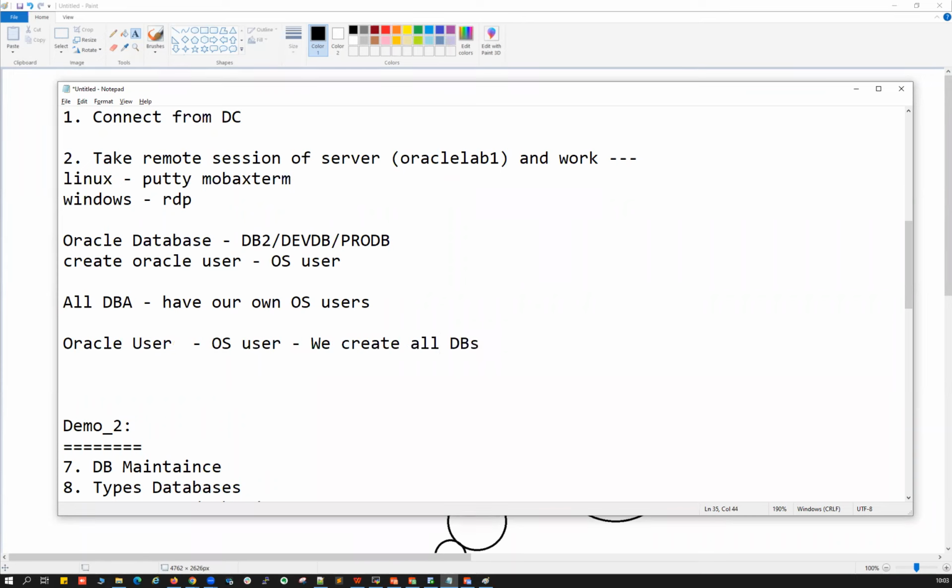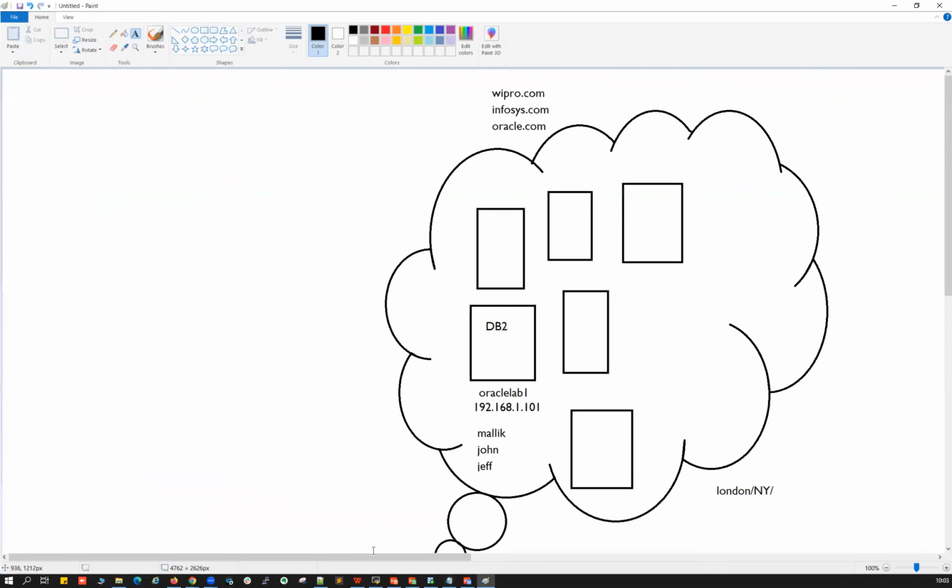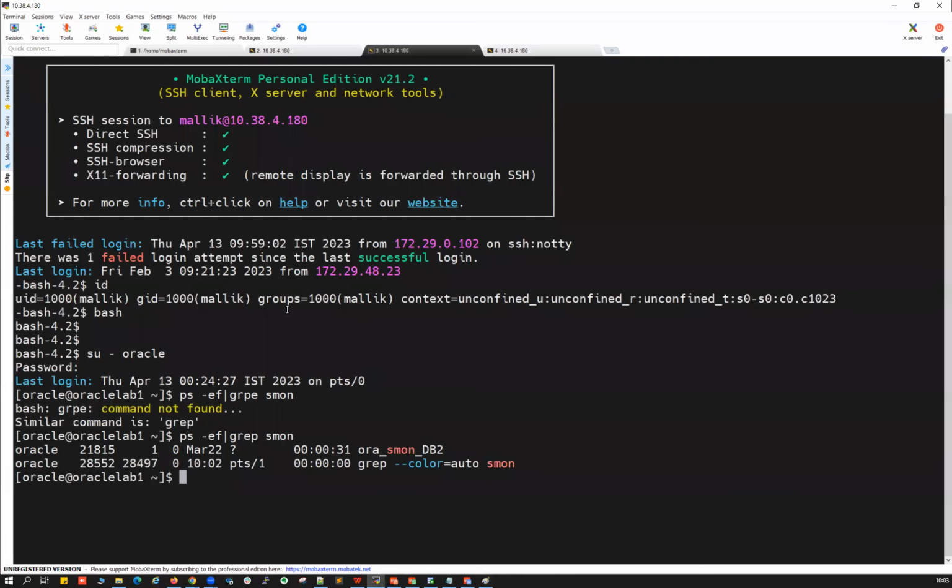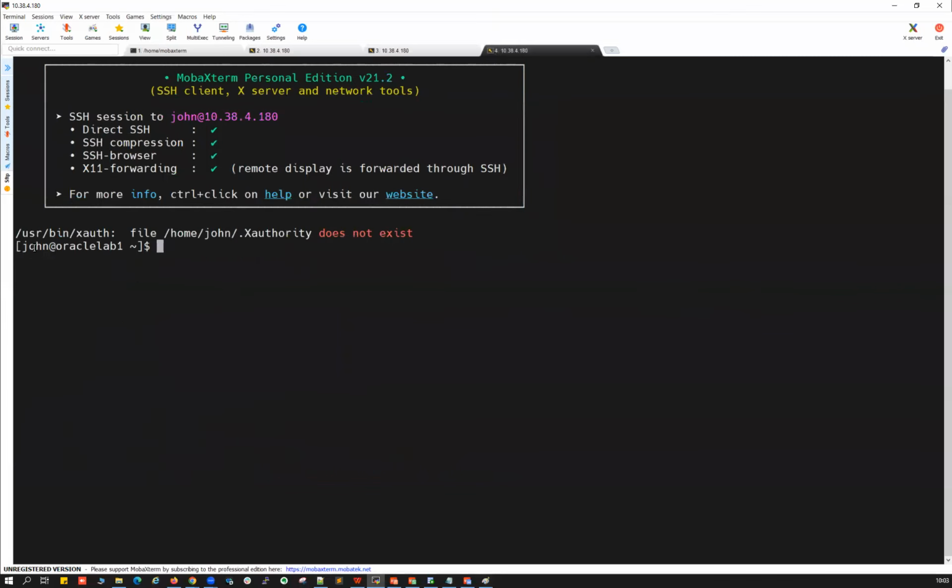Is it like a super user, Malik? Not a super user. The Oracle user and all the DBA users are OS users, like normal users. And why did we create the Oracle user? If I create a database as the Malik user, or if John logs in here and creates a database, it's owned by John.